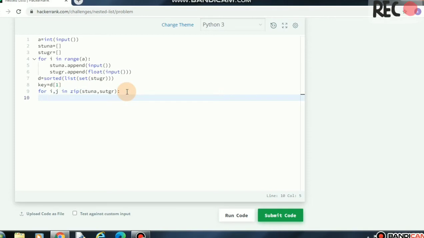Okay, if j, that means the student's grade, double equal to the key value, the second lowest value,